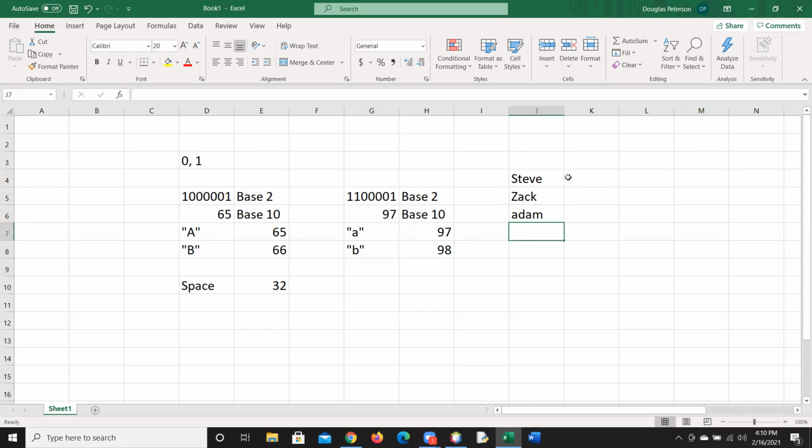Why? Because the number for a capital S is lower than the number for a capital Z, and a lowercase a is bigger than all of them. Because I think Z is 91 and a is 97. Okay. So in Java, when you go to sort,